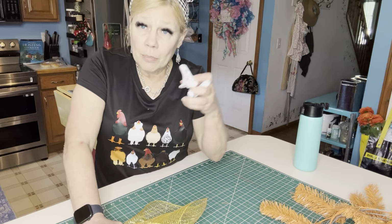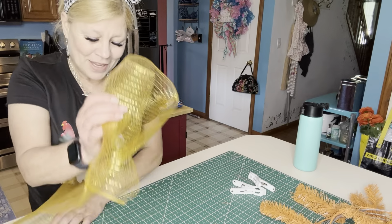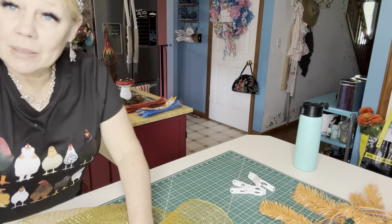I have a couple, they're actually clothespins from Dollar Tree. So I don't have all the fancy dancy tools, but let me just give you,